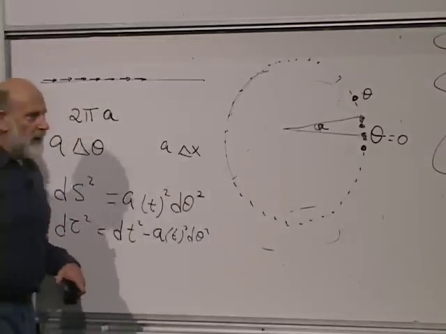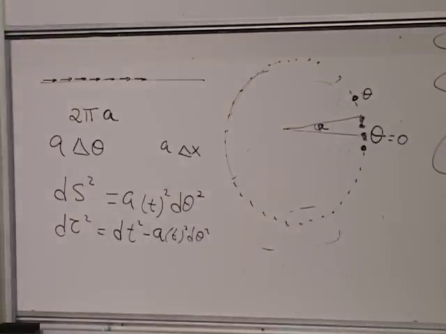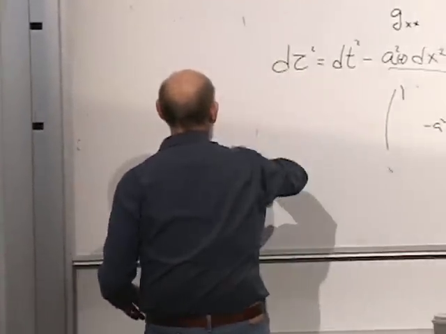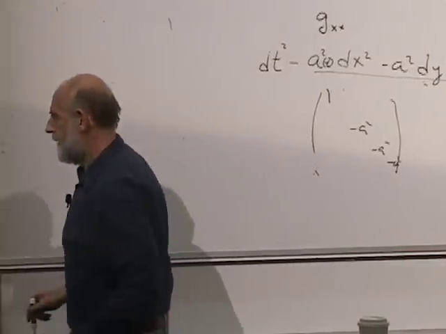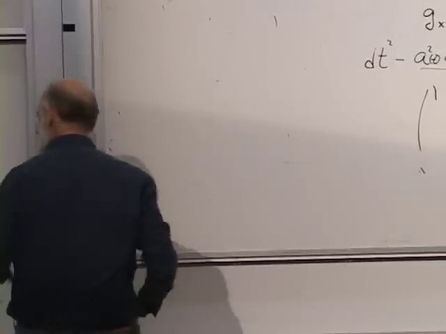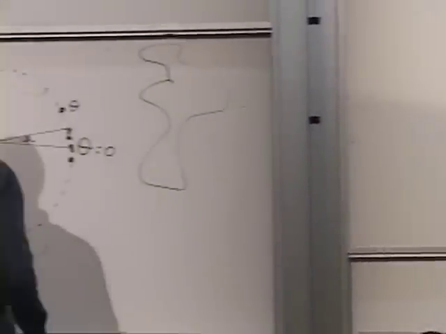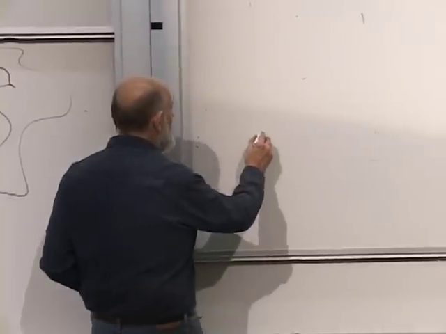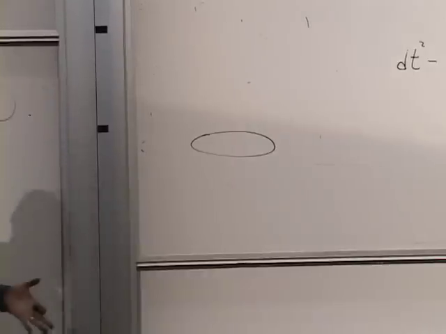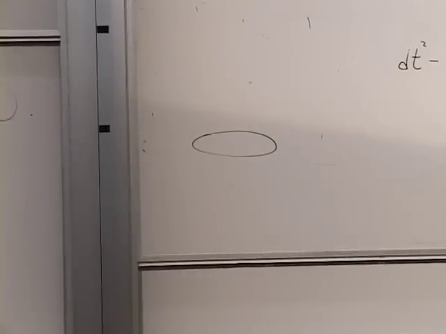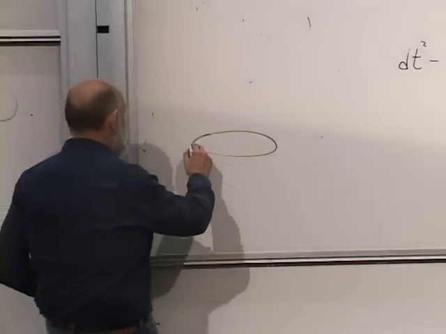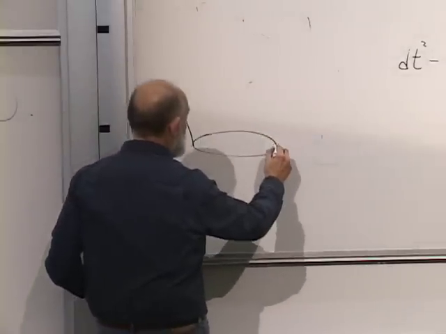What does this geometry look like? Let's try to think about it as a space-time. The vertical axis is going to be time. Let's start at one instant when A has some particular value. Here's A, let's say A equals 1 or 7 or something else. So it looks like a circle. That's at one particular time. Now the vertical axis is the time axis. As time goes on, A changes. Let's say it gets bigger. That means that the space-time geometry